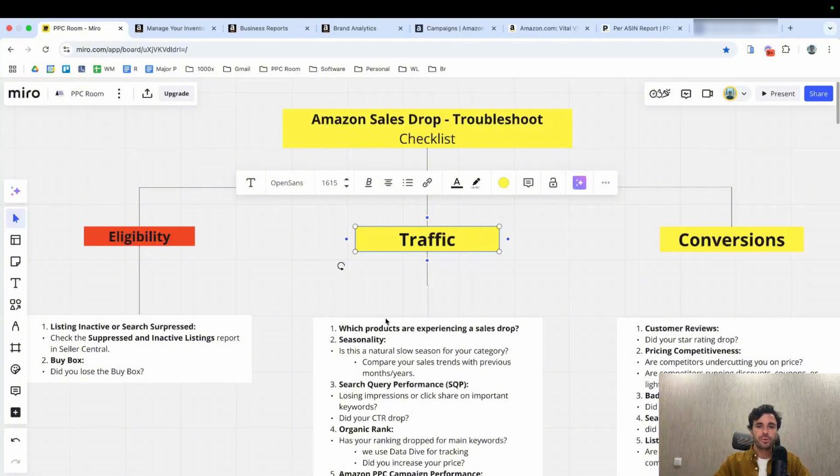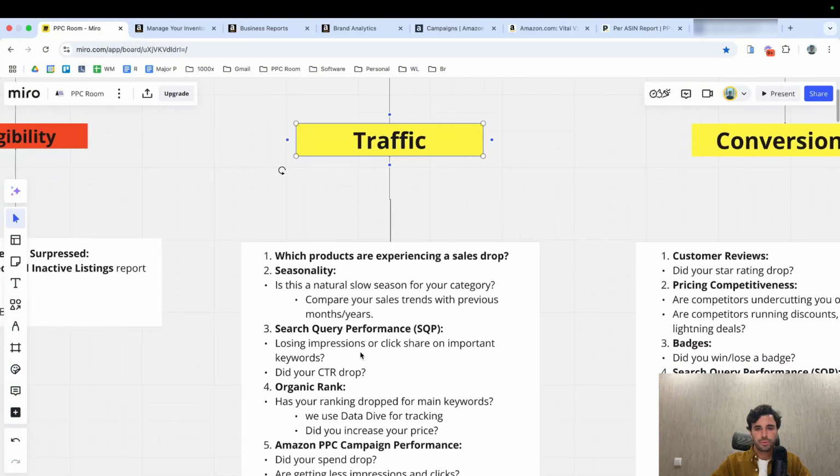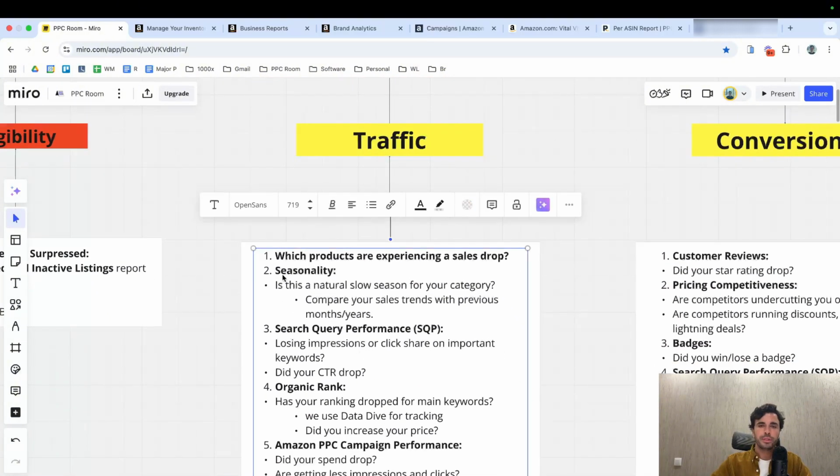Okay, so this is where we will most likely spend most of our time when we are going to troubleshoot any sales drop on Amazon. So I'll just go through the steps. Basically you just check, is it seasonal? Is this a seasonal time of the year that we are coming in, or was it